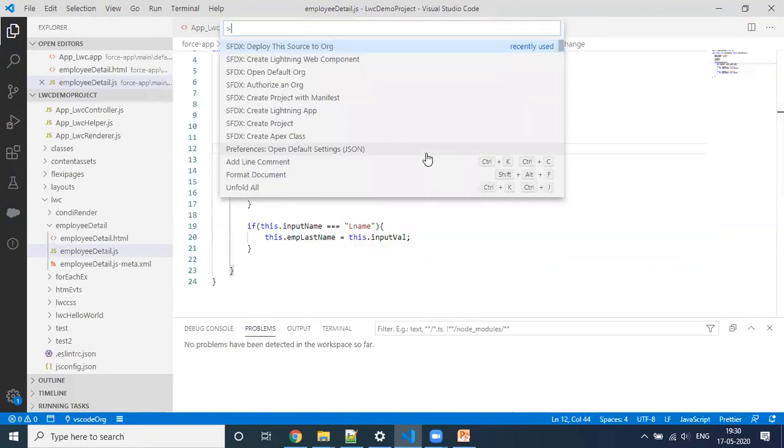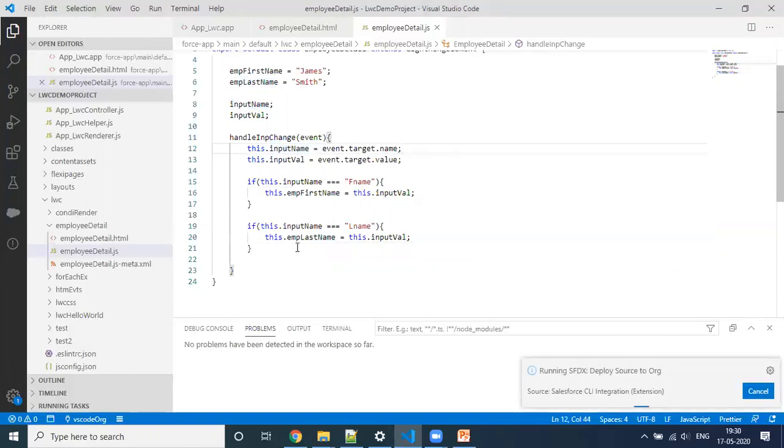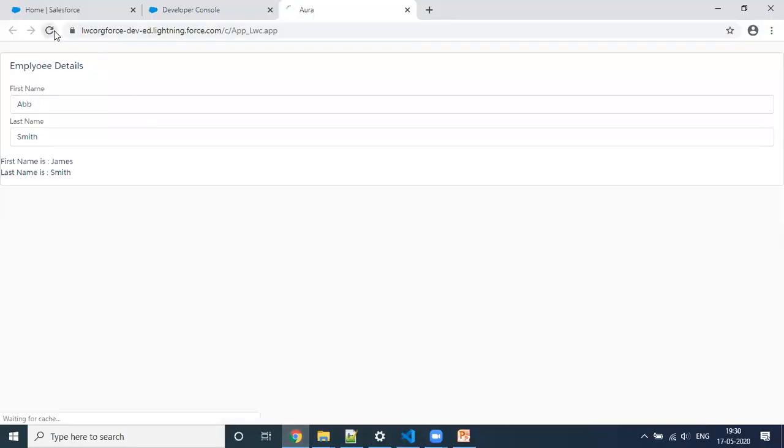Let's deploy this again. So this was a syntax error here. Whenever we are calling any variable, it should be defined with this. So yeah, let's refresh this now.